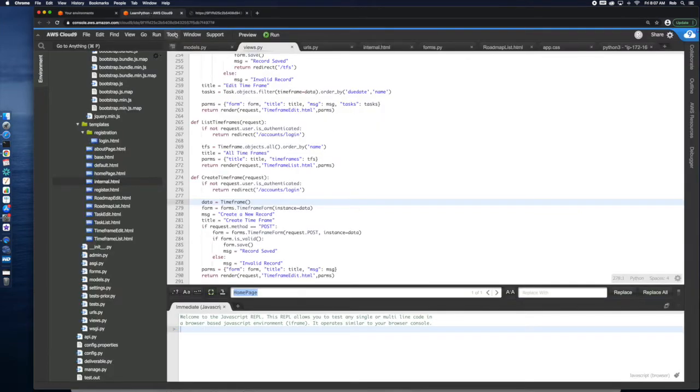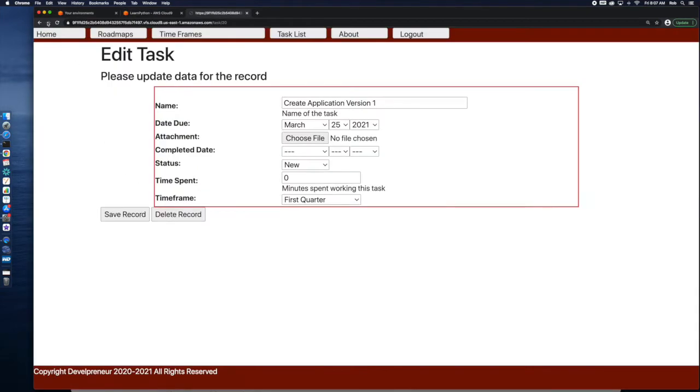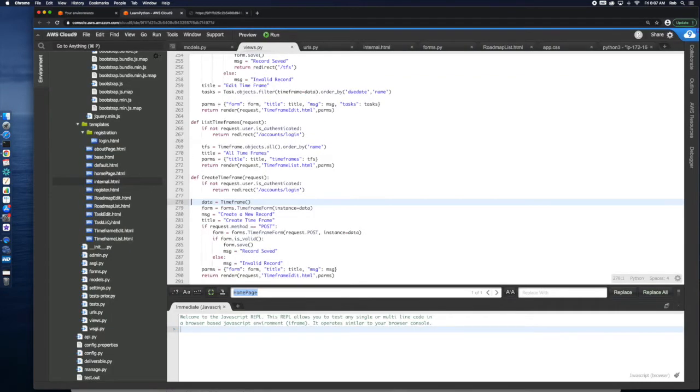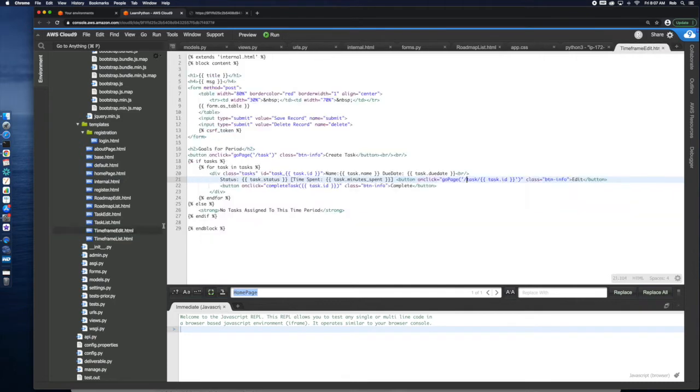What we're going to do is, whoops, let's go back to where that was viewed. So this was in our time frame, and this is an edit listing there. So if we go to our time frame edit, we can see here that we're doing that go page.